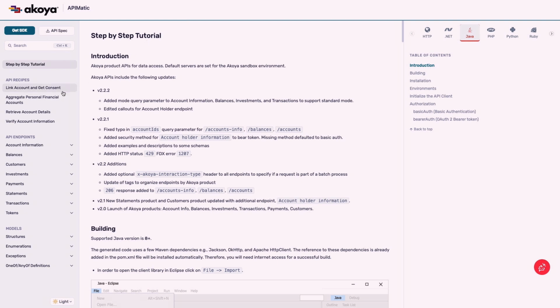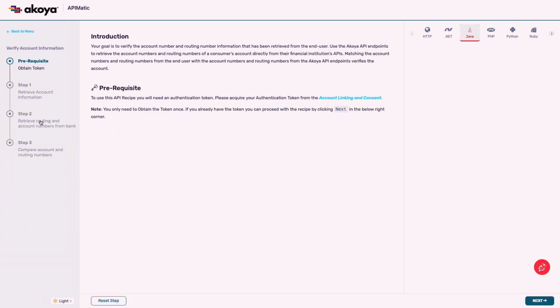Yeah, so show me how many more recipes you have. Well, this is another one. This is for verifying your bank account information. It's 3 steps, and it goes from one to the next. The real magic is that each of these simple API calls is chained together. So you're taking the output of one call and piping it into the next call. Got it. So what if